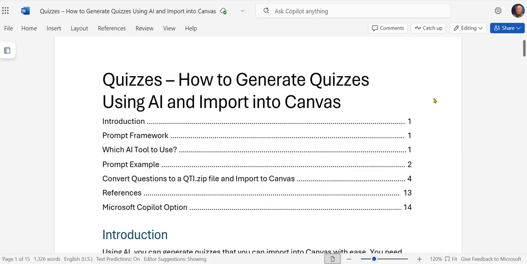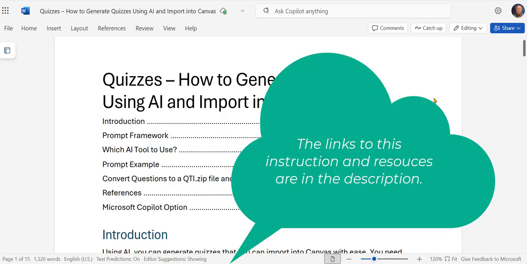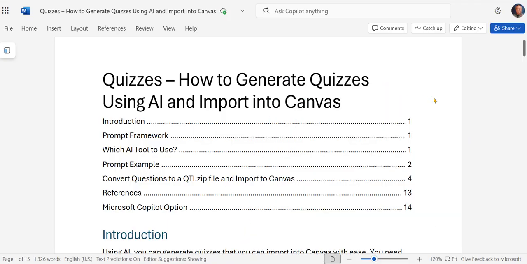Hello, everybody. Today I'm going to show you how to generate quizzes using AI. With the advancement of AI, quizzes as an option for assessment are no longer valid. In fact, quizzes are primarily for self-assessment for students and training materials. Hence, the need for more quizzes has increased quite a bit, and that's one of the reasons I'm creating this